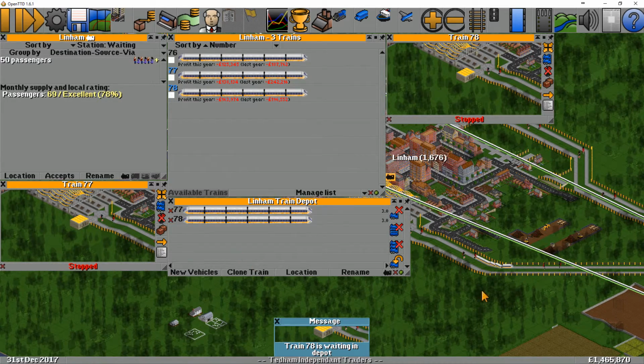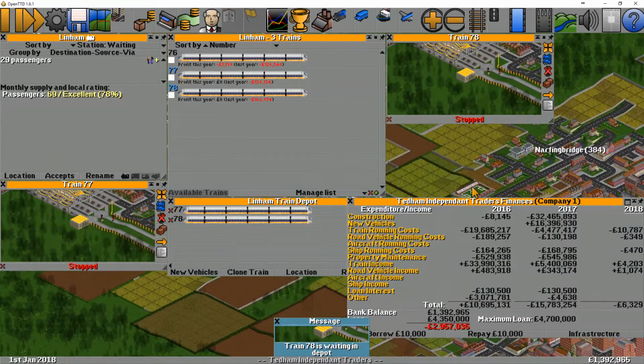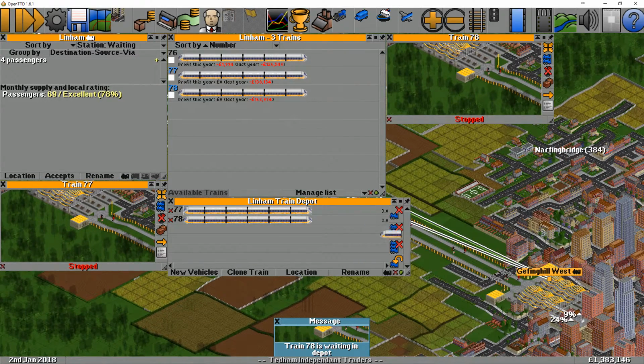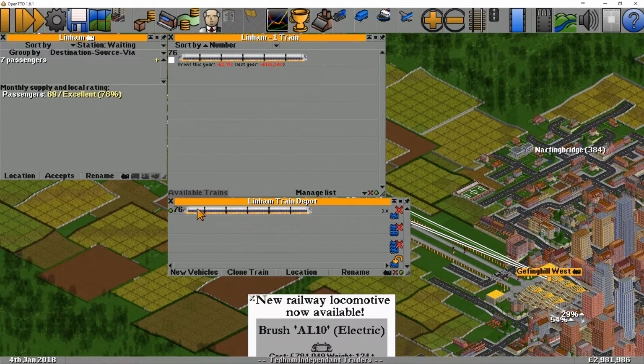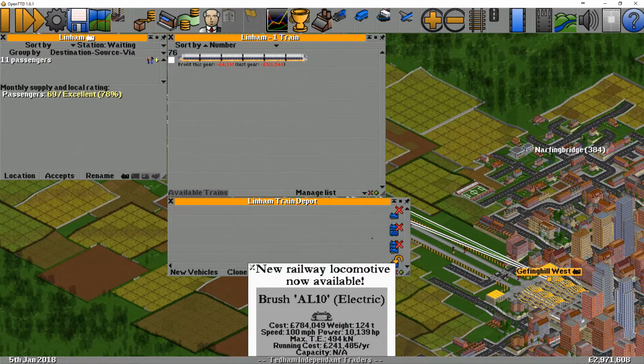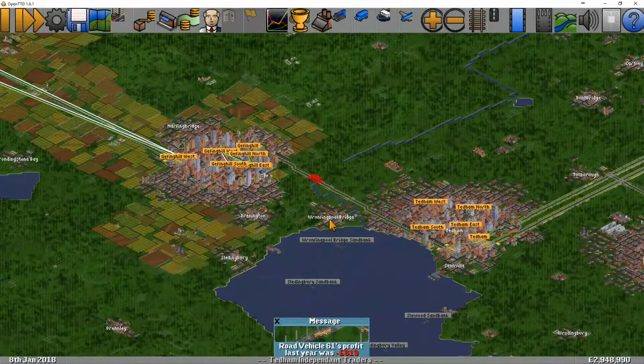So, instead of selling these trains, I'm thinking about putting some sort of... No, I'm going to sell them. We'll sell that train, and we'll sell that train. Come on. There we are. We've sold both the trains, and that's going to get us a good way towards making some...